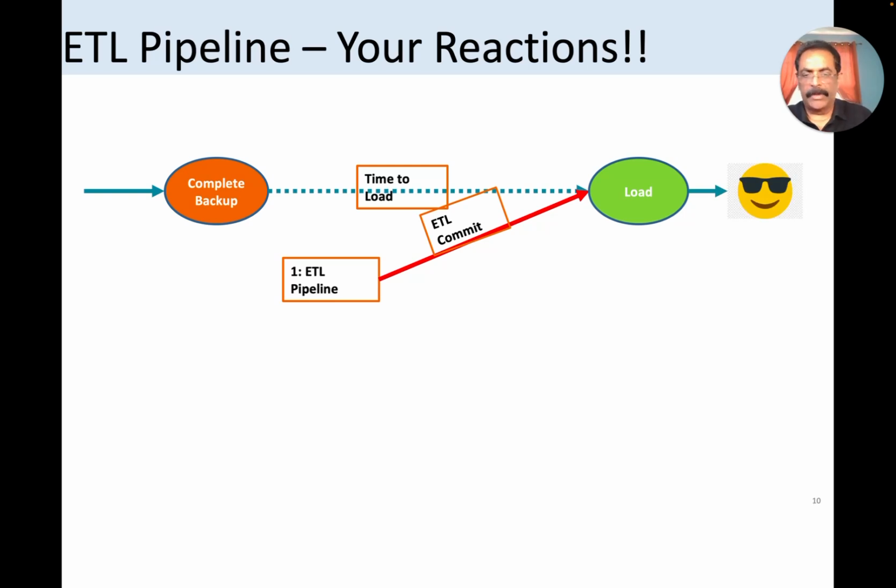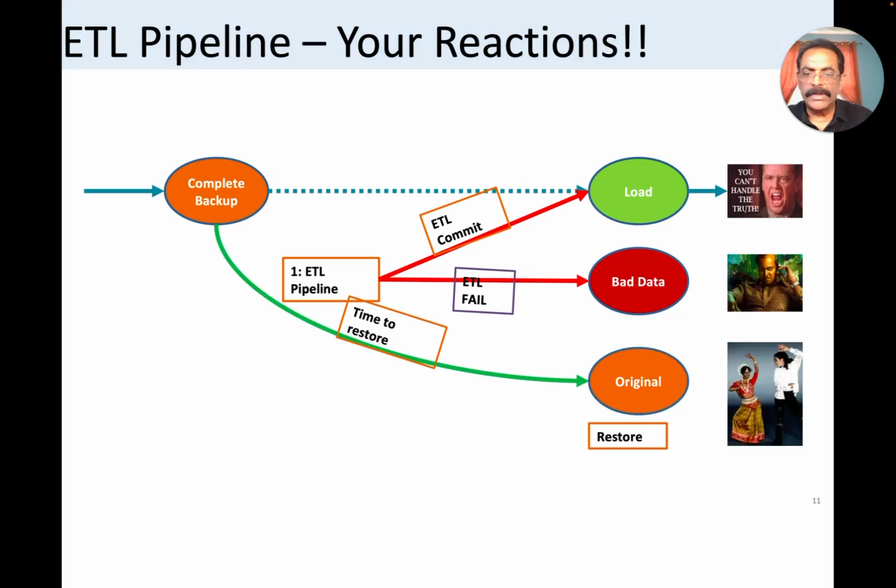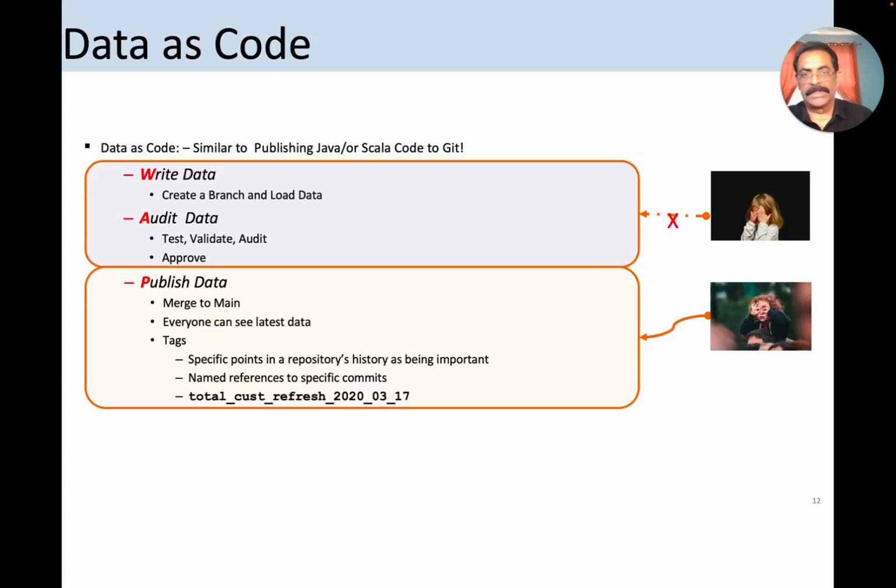So everybody is happy. But what if it fails? Then we need to restore. It takes time, and we have to inform the end users: hey, the ETL failed, we are restoring back. If anybody executed any reports, they have to rerun the reports. So that's what has historically been happening. But with the branch concept, which is data as code in Iceberg,